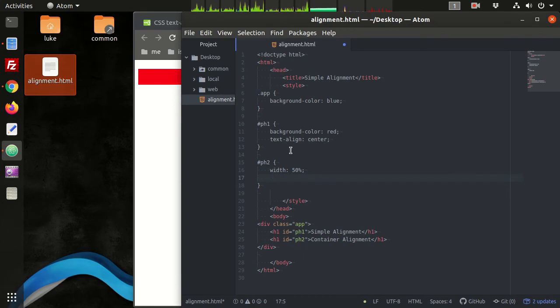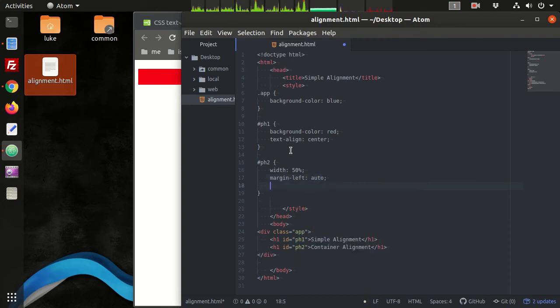Okay, and if we do that, we can use margin left auto and margin right auto to center the container itself.